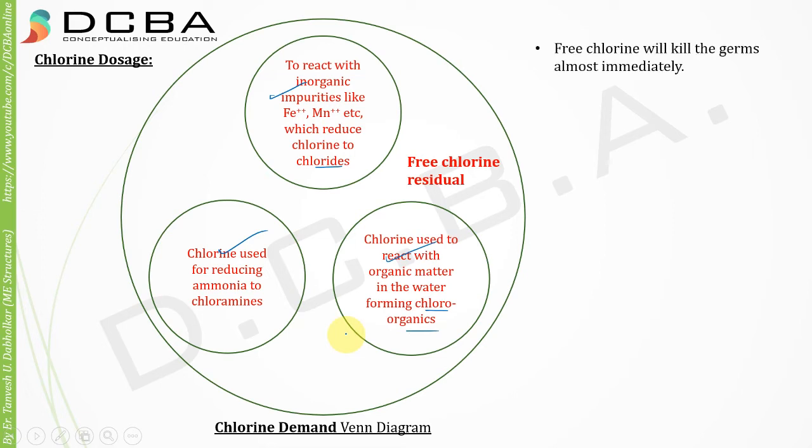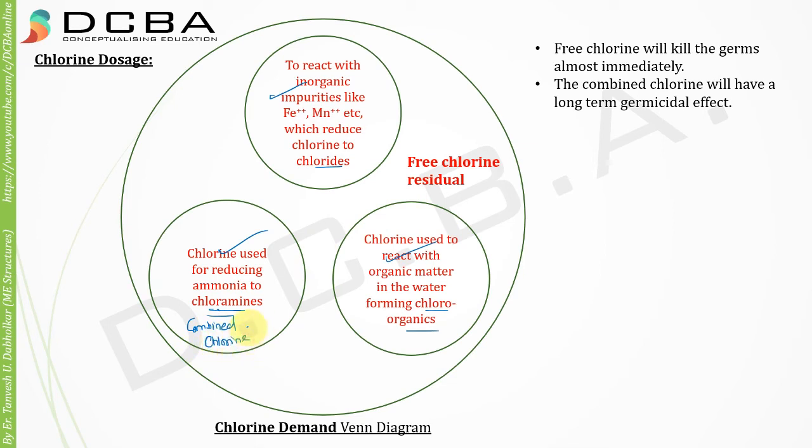Free chlorine will kill the germs almost immediately. The combined chlorine will have a long-term germicidal effect. So these chloramines, which are also called combined chlorine, we just learned right now, right? It is called combined chlorine. It is going to have a long-term germicidal effect. This free residual chlorine will kill the germs immediately, but these chloramines are what are going to help for